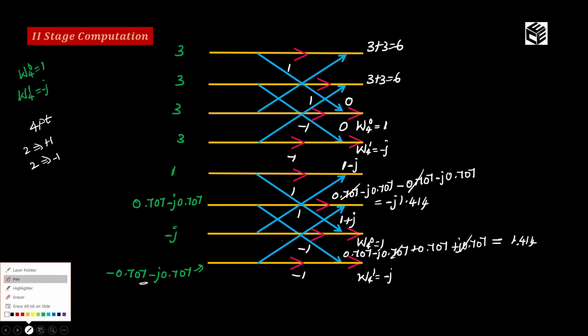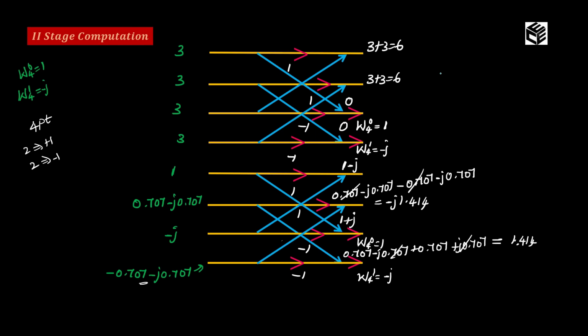Now I need to write the answer after multiplying the twiddle factor. So here the value is 6, here it is 6, 0, and here is also 0. 0 into minus j is 0. So here my value is 1 minus j. Okay. Here my value is minus j 1.414. Here my value is 1 plus j into 1. It is 1 plus j. And here it is 1.414 into minus j. So it is minus j 1.414. Okay. Now I have calculated the output of second stage computation, which serves as the input to the third stage